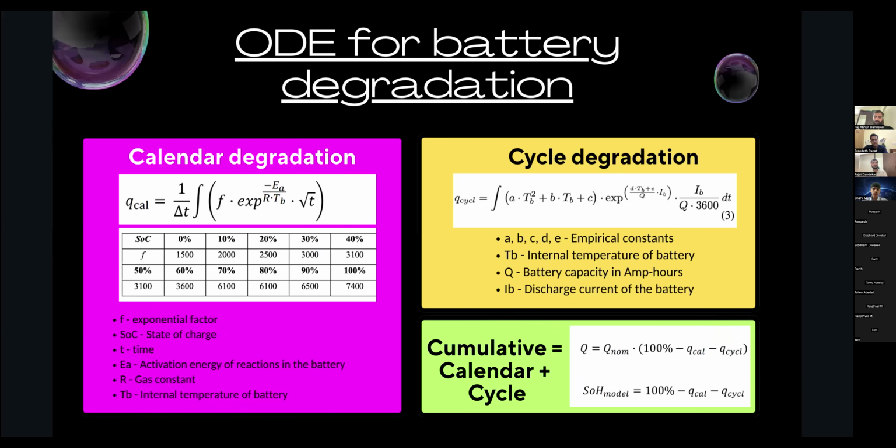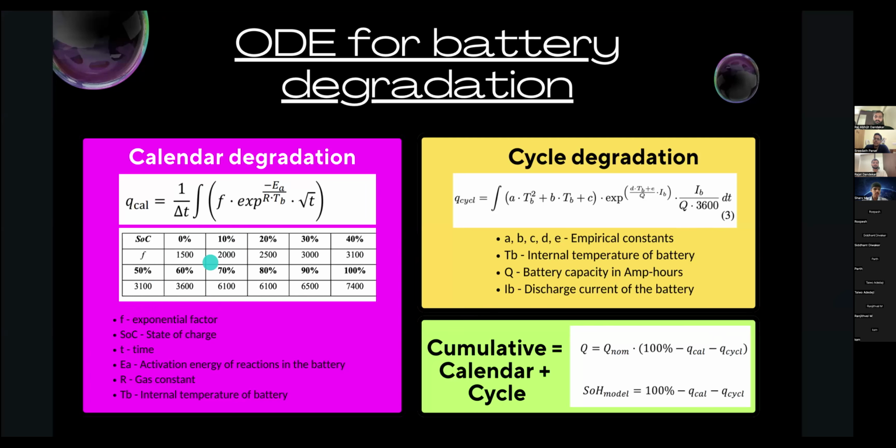Like when your phone shows 100% when it's fully charged, and lower percentages as the battery gets used up and eventually goes to zero. It's just like a fuel gauge on a car that shows how much gas is left in the tank. SOC shows how much charge is left in a battery, whether it's a phone, a laptop, or even an electric vehicle. And F is a piecewise function that uses the state of charge to calculate a separate value from the state of charge itself. So as we can see in this table,